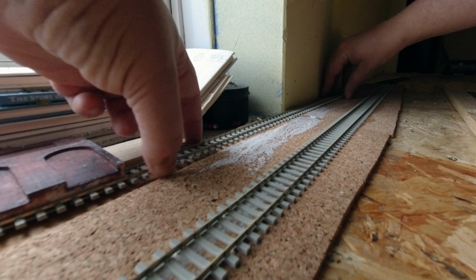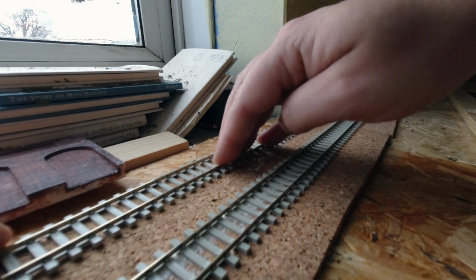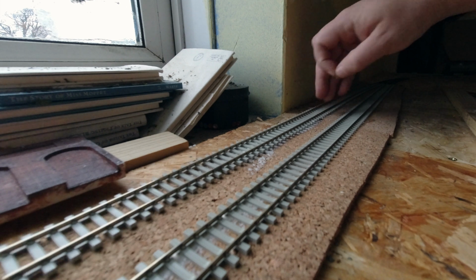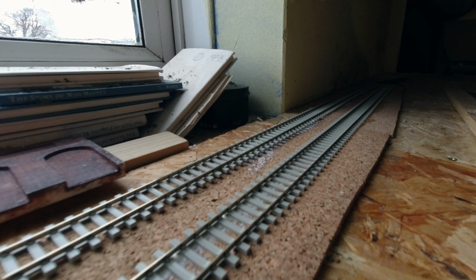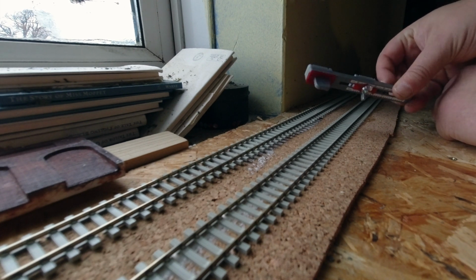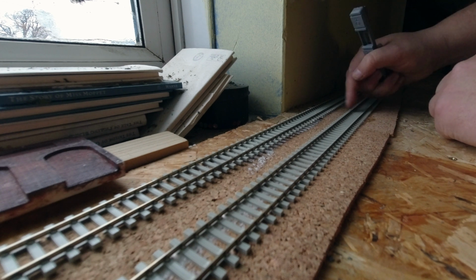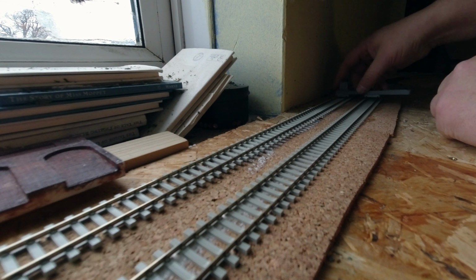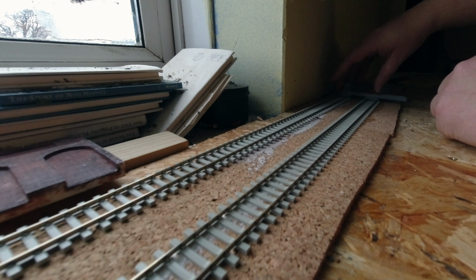And bring it over. Now where we've already got this track straight, well, we hope it's straight, I use track setters next, like these things. These are an adjustable track setter. They're brilliant. You can adjust the gap between each bit of track to your desired size,